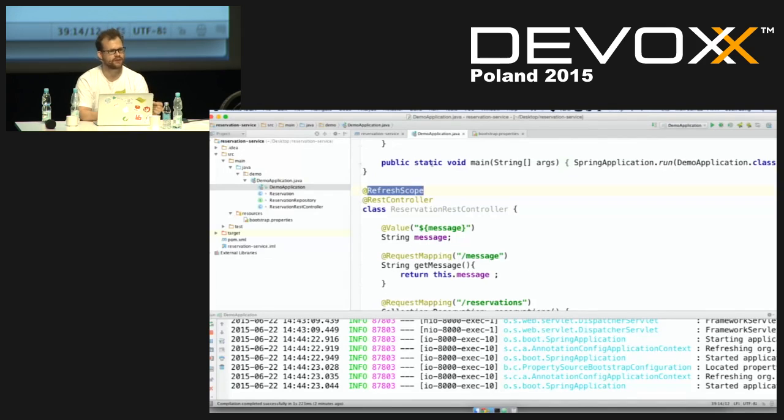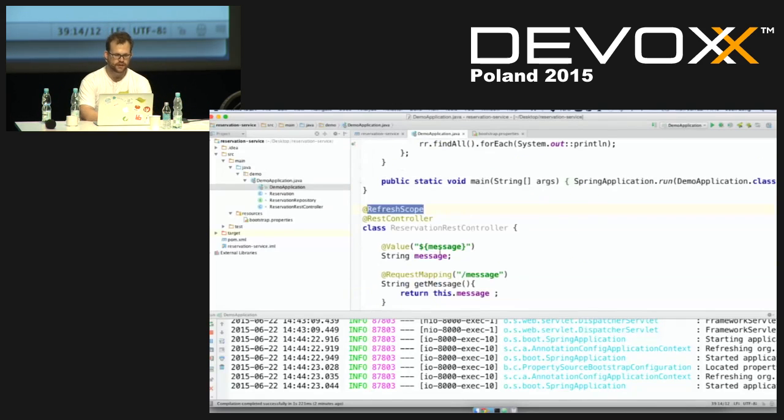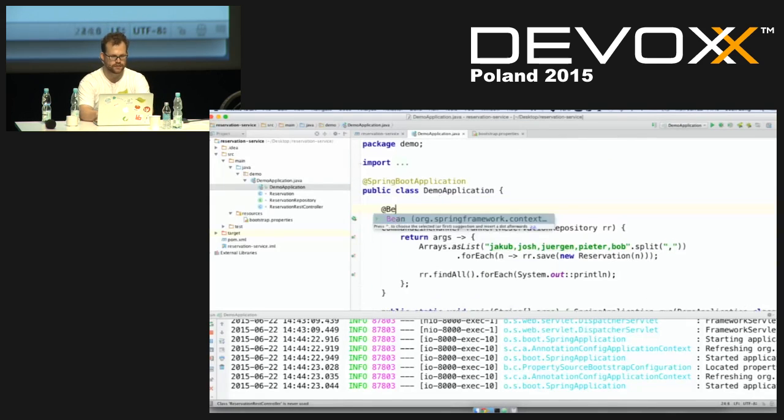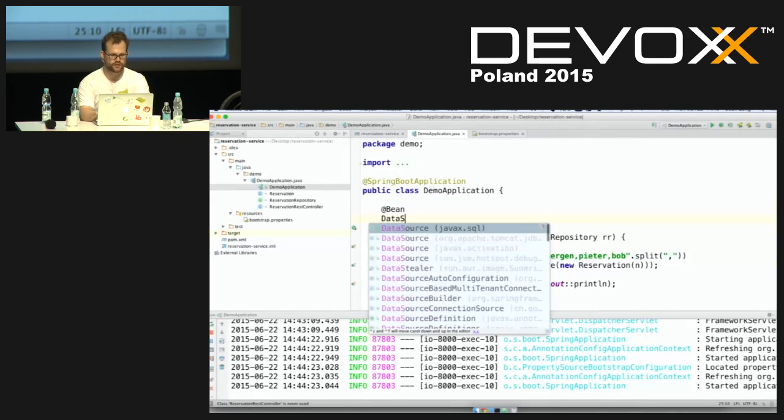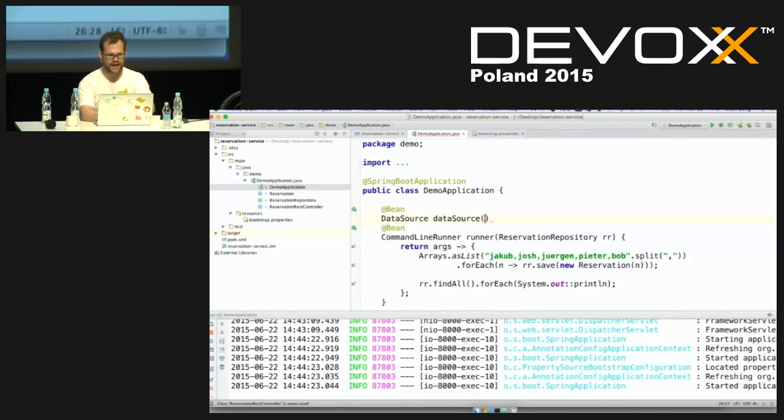I can connect my Spring Cloud microservices to an event bus based on RabbitMQ, and then send a message onto the RabbitMQ, and then every controller, every service connected to that event bus will refresh themselves automatically. So with one message, you can reconfigure 1,000 services live, right, in flight. And the best part is, this is a pretty simple example, but imagine instead a bean for a custom data source, like this, right? I'm going to say @Value,